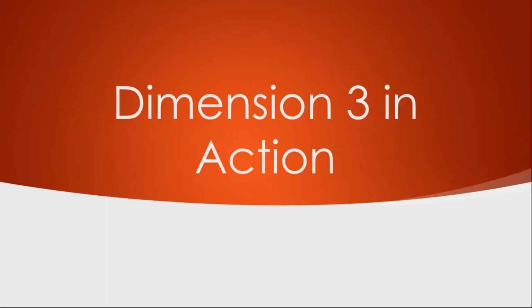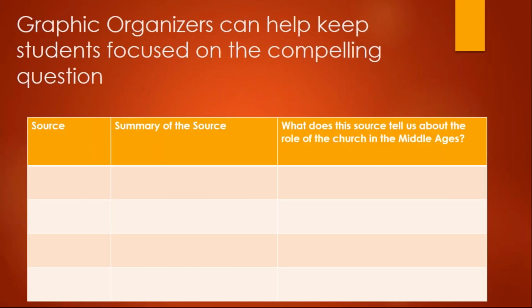So if we look at Dimension 3 in action, a big component, especially with my middle school students, is that I like to give them a lot of graphic organizers, especially when they are looking at sources. This is one that I use with my students all the time. I have them write the source. I also have them summarize the source, and I tell them it's just a gist, because a lot of times they'll write, this is source A. Which is great, except then they have to go back and find out, okay, is source A a chart about the planting and flooding and growing season and harvesting seasons in Egypt?